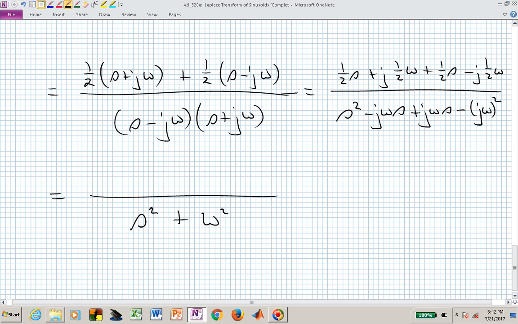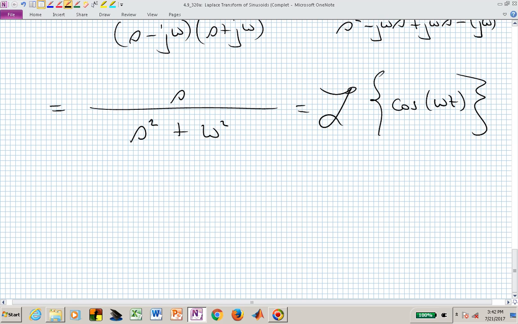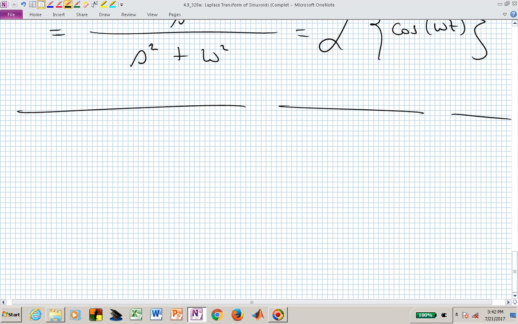That's our denominator. Upstairs, the imaginary terms cancel, and we're left with a 1/2 s plus a 1/2 s, which gives us just s. And that's now the Laplace transform of the cosine omega t. That's s over s squared plus omega squared. If we wanted to, we could quickly derive the Laplace transform of a sine. It might be a little bit more